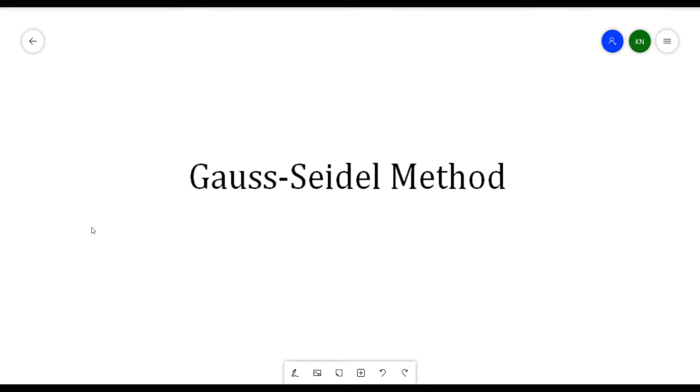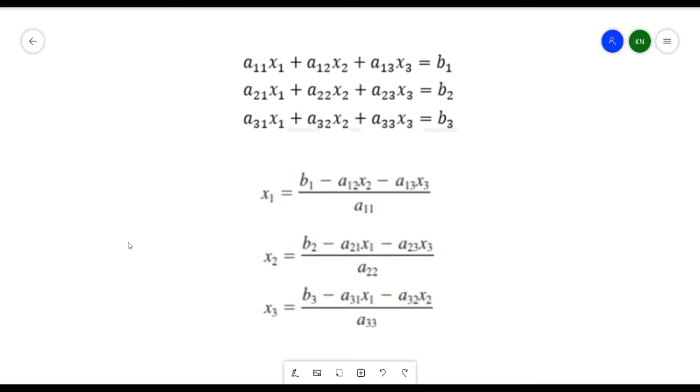The Gauss-Seidel method is under the iterative methods for solving linear systems because we will be having an iterative, repetitive process of solving our system in order for us to get a closer approximation, or the closer result, of our roots of our linear system. So basically, for example, if we have these linear equations here,